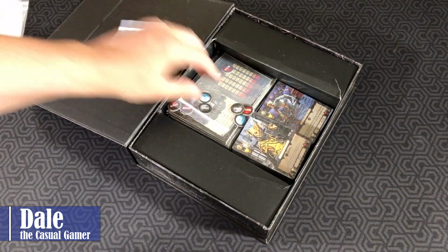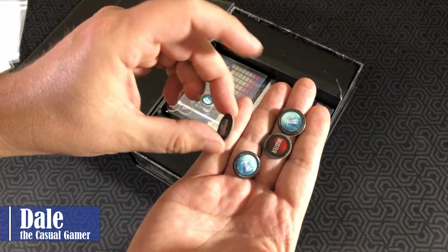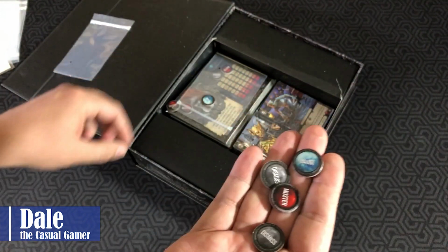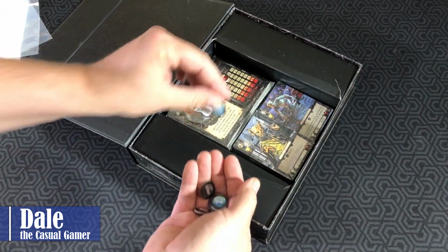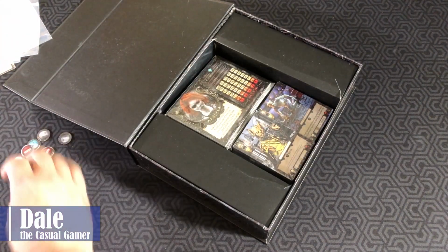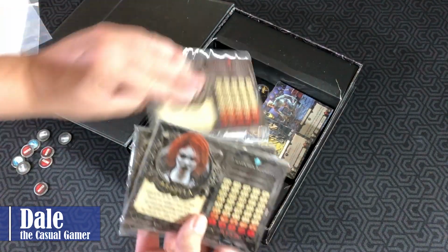I assume we're supposed to be holding our tokens. So we've got some haunt, muster tokens, our overlord mats,